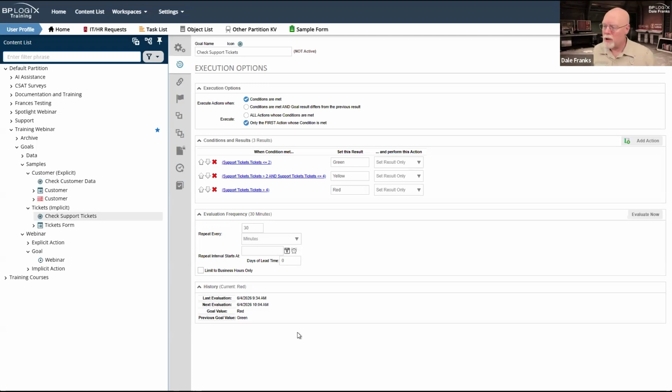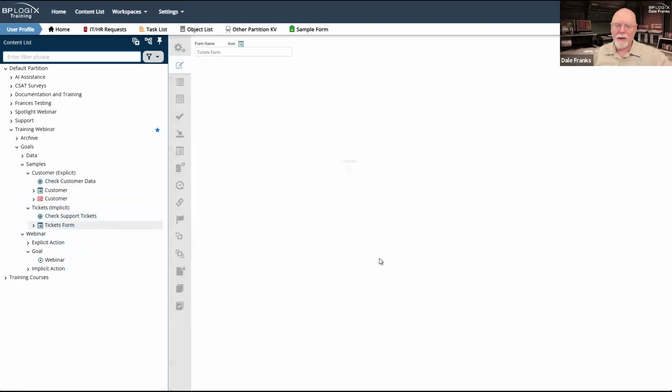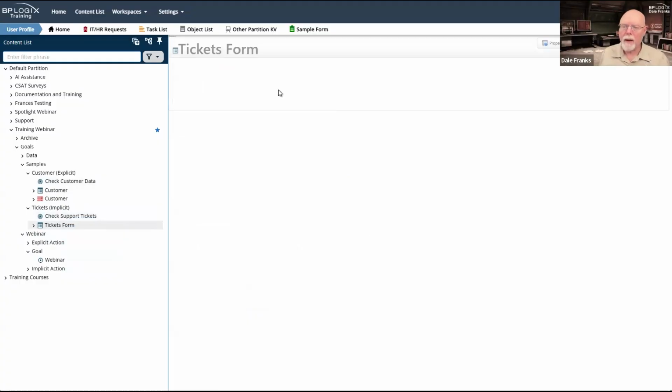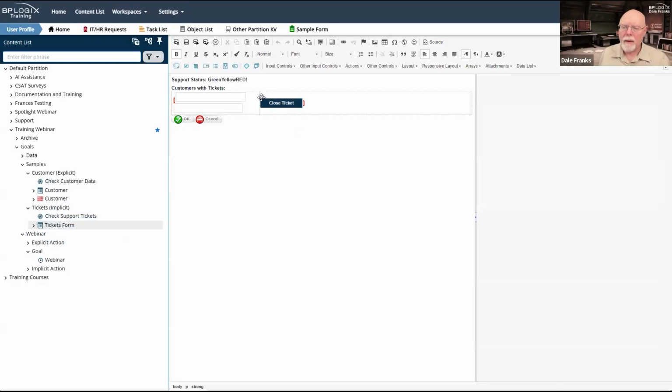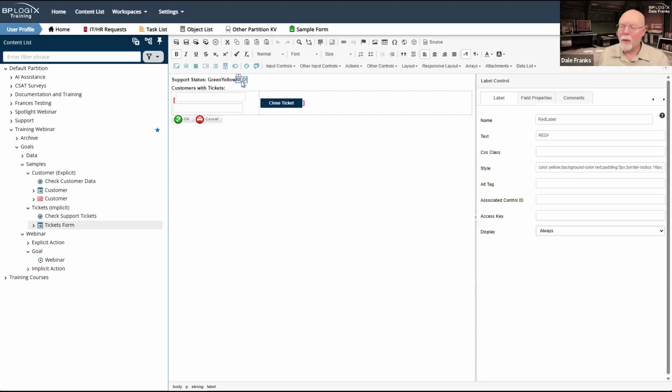So even if you just use, let's go back and look at my tickets form in Design View. So I've got these 3 label controls here that I'm using. I know I shouldn't be using label controls for this. It's just that they were super easy to set up this way.